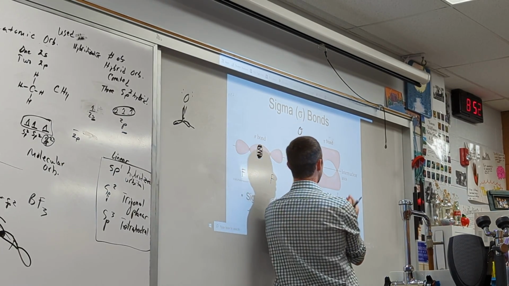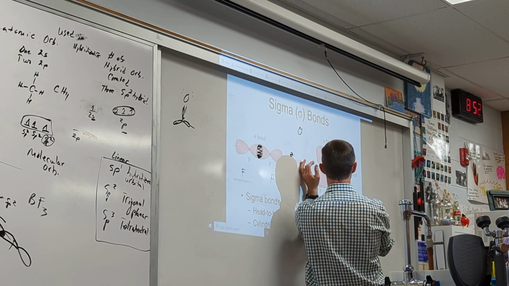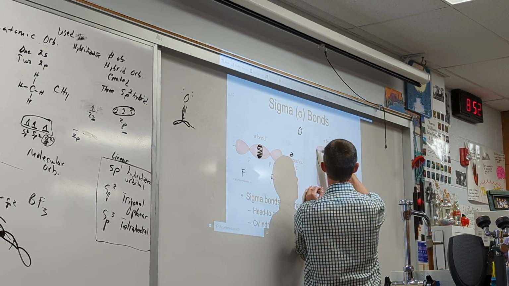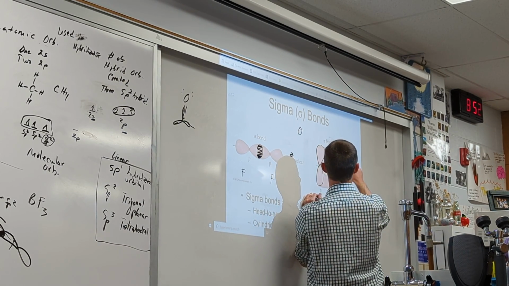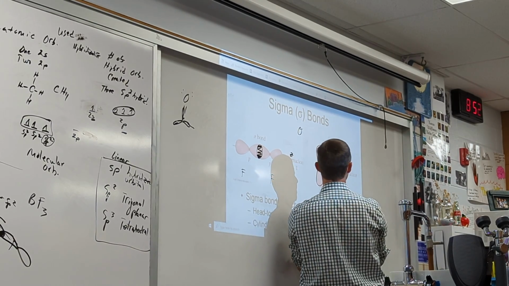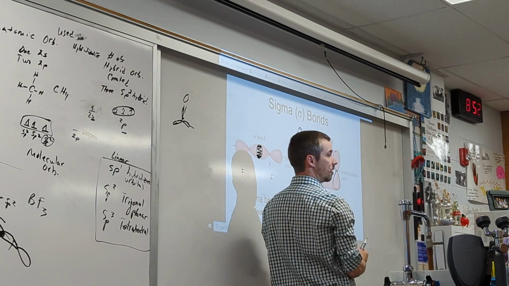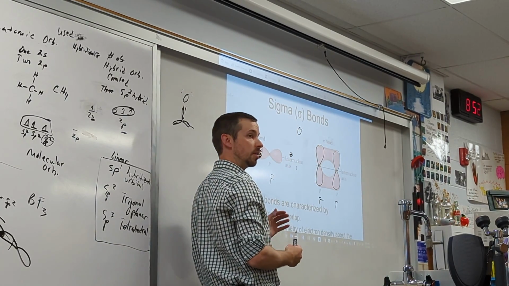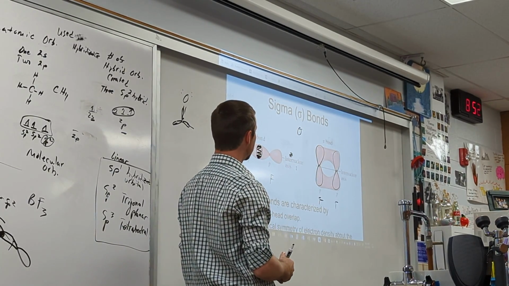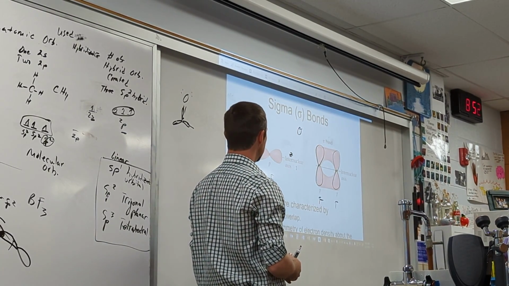If the overlap occurs perpendicular to the axis for fluorine and fluorine, notice here's still our general shape of P, that's here, like this. And here's the overlap of electron density occurring between there. You call it a pi bond. So sigma along the internuclear axis, pi perpendicular to the internuclear axis.